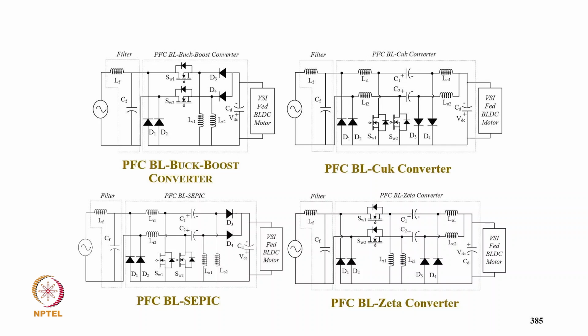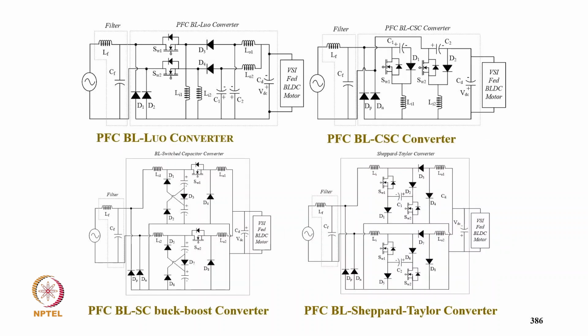So you can see typically the circuit of your power factor correction bridgeless buck boost converter. I mean we use one for the positive half cycle, one for the negative half cycle, and we avoid the diode rectifier. Here again the PFC bridgeless Cuk converter, PFC SEPIC converter, PFC Zeta converter, then PFC Luo converter, PFC canonical switching converter, PFC switch capacitor converter, and PFC bridgeless